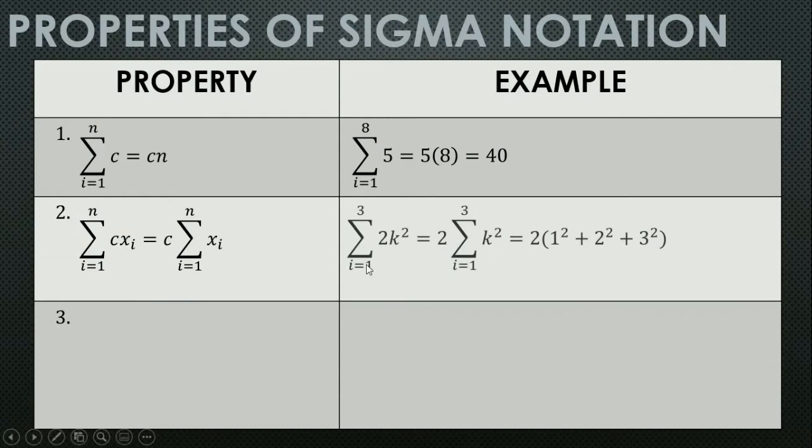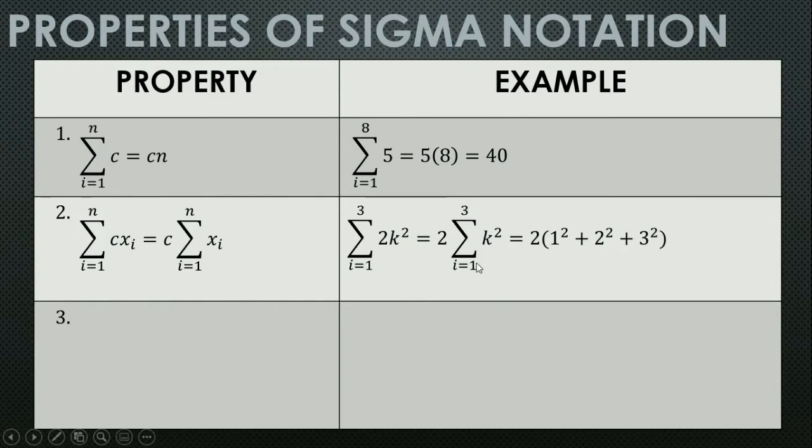Okay? So, for example, the summation of 2k squared from 1 to 3 is equivalent to, since nakita natin na mayroon siyang numerical coefficient na 2, nilabas natin siya,